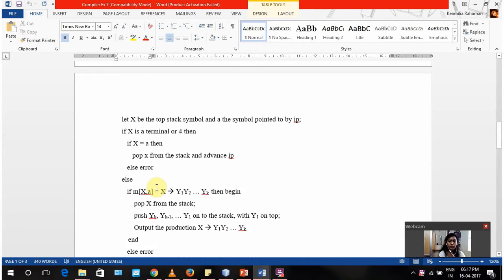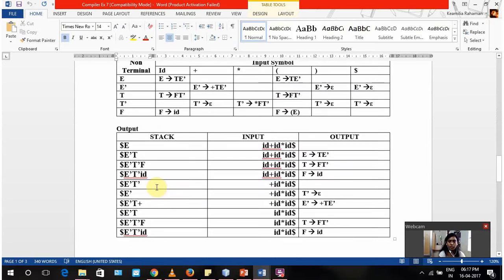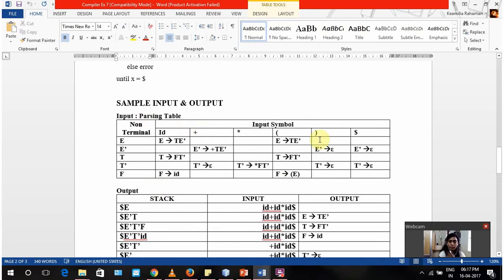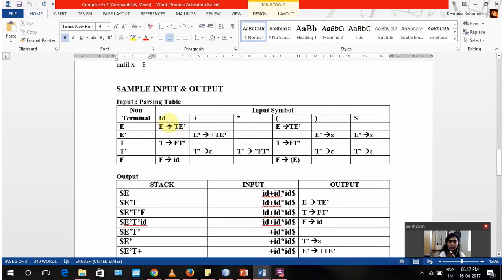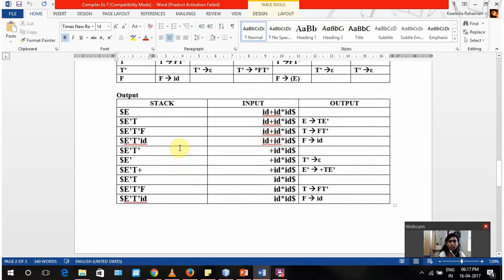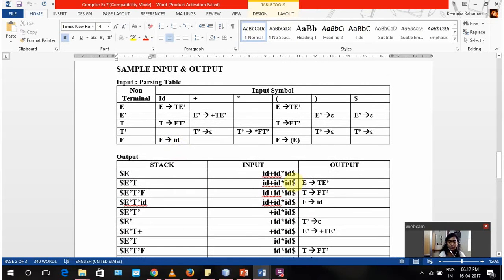Now, before getting into the program, this will be the input symbol. So I have to create a parsing table first. The parsing table will include some non-terminals and the input symbols. And these are the transitions from the non-terminal and the input symbols. Now, when I'm parsing, suppose this is my input and I have to check if this string is accepted or